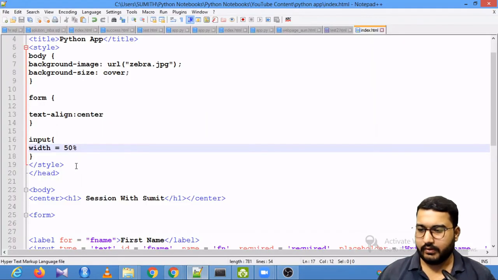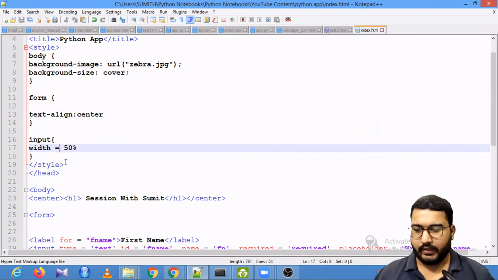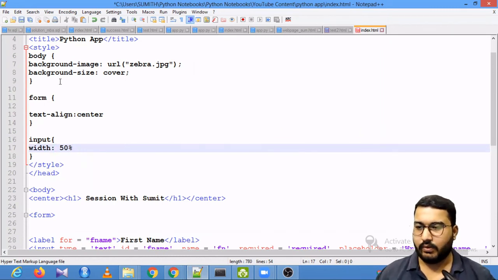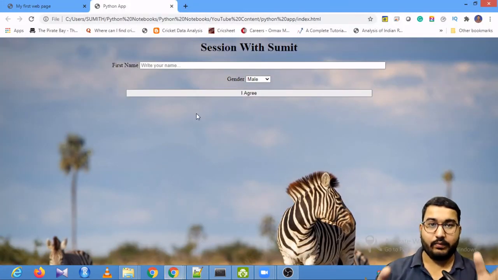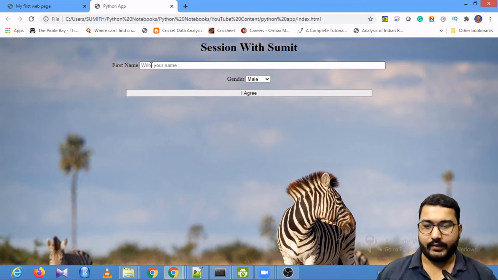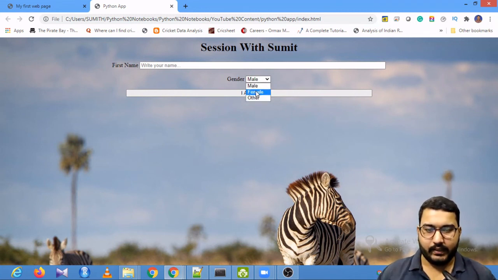Maybe some issue is there. Oh sorry, it will be width: 50%, not is equal to. So you save this, and then you see, it has been extended to 50% of the complete screen size. Similarly, we can increase this particular select field, and you don't need to worry about this.